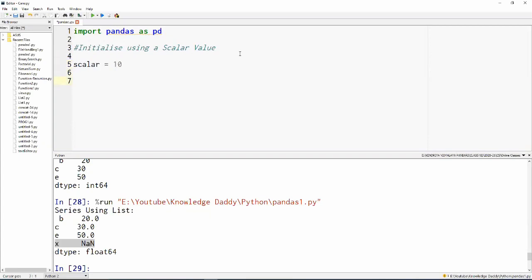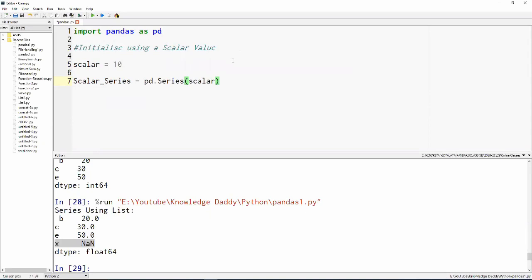Now when we try to create the series out of it, we can just say scalar_series is equal to pd.Series. Mind you, Series is always with a capital S, and we provide the scalar value to it.